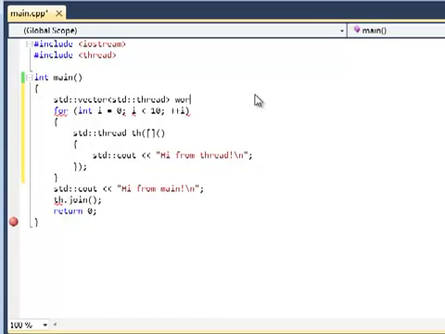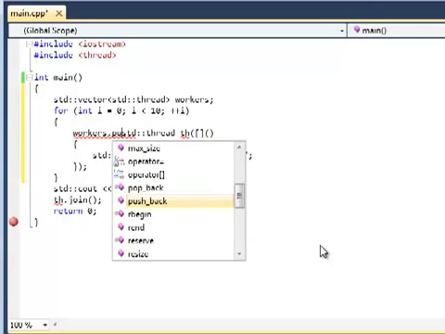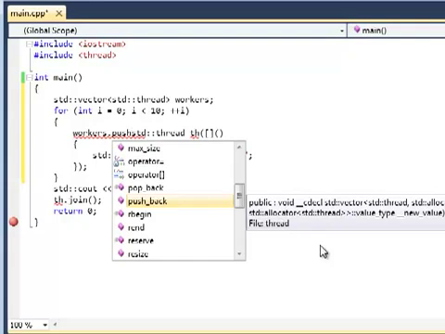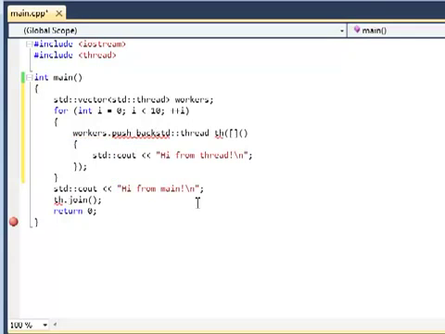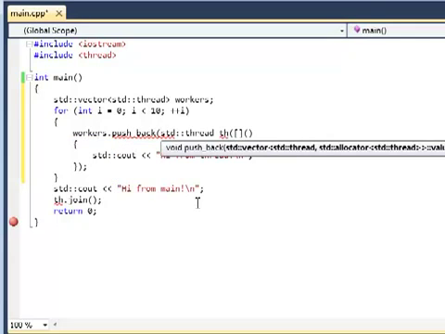Let's call it workers. Okay, and now every time we create a thread, we'll push it back on this vector. Workers push back, okay, push back std::thread